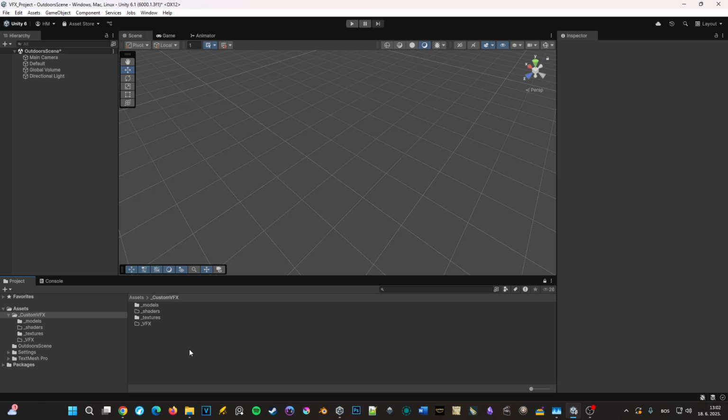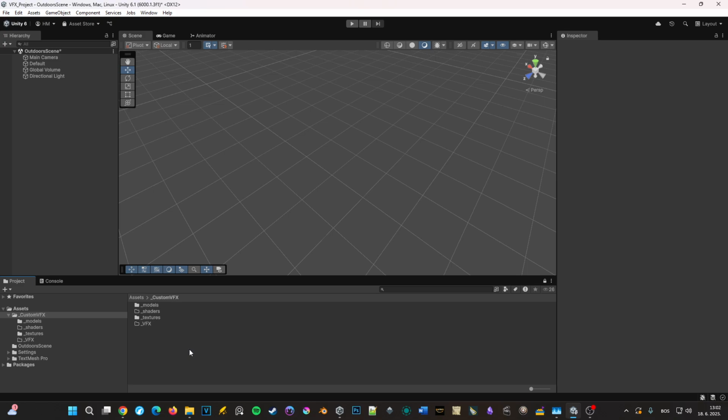Nothing too serious, and I just wanted to add a bit of my knowledge to the magnificent amount of tutorials that already exist out there on how to work with the VFX graph. It's not going to be anything serious. It's going to be a very simple saw blade ripping through the ground effect that uses some custom-ish functions and sort of sets you up for when you want to do these effects in the future to make something perhaps